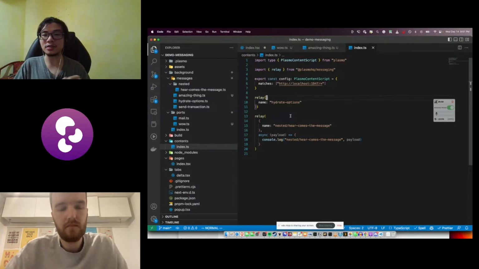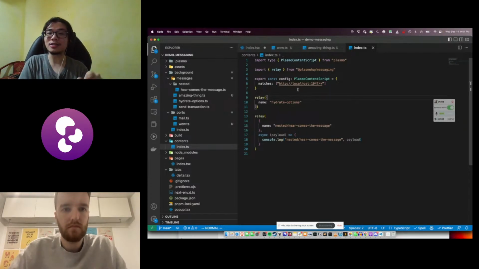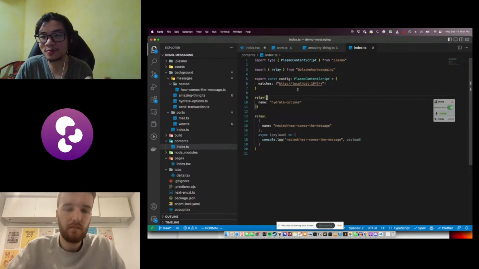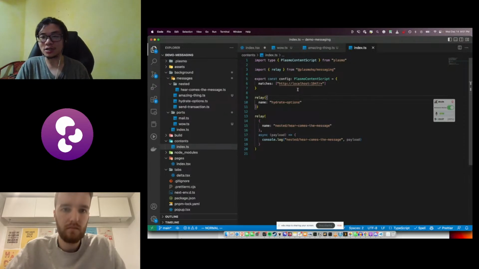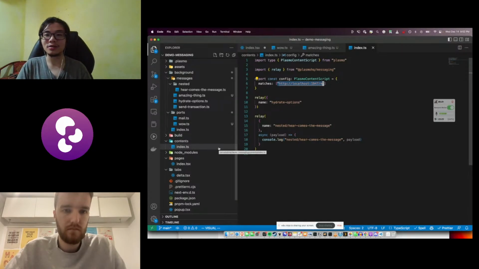With a relay, you basically attach a relay on the content script that is living on the web page matched by that config, the Plasmo config. So only this web page will be able to relay messages down to our extension. So there's certain control that the extension developer can exercise. And with this relay, you can now send data from the web page to the background service worker by calling send via relay. And the API is very similar to send to background.